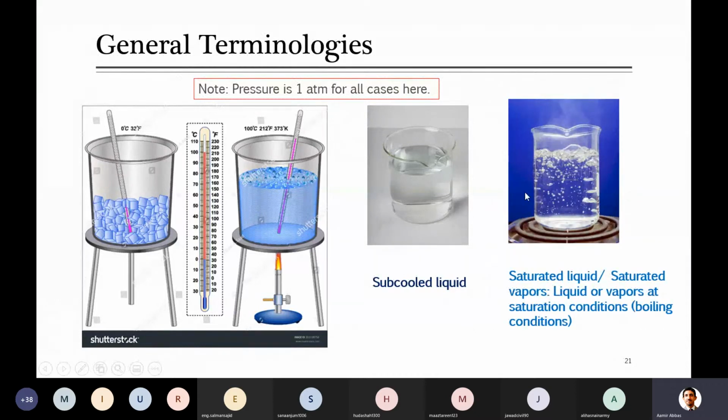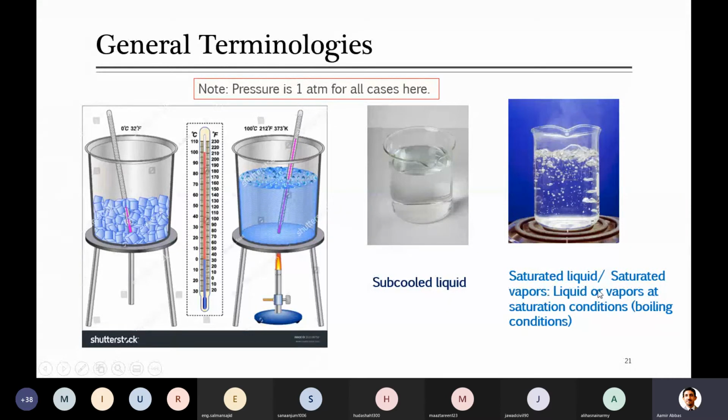So now if you raise its temperature to 100 degrees C, what happens at 100? I think you have studied this in thermodynamics. Then two phases exist. So what does that mean? Two phases. One phase is liquid and the other is vapor. Yes, good. Saturated liquid and saturated vapor will exist. This is now available at its saturation condition, and anything in the liquid phase at saturation condition is called saturated liquid, and all those vapors which are just formed at 100 degrees C at this 1 atm are called saturated vapor.